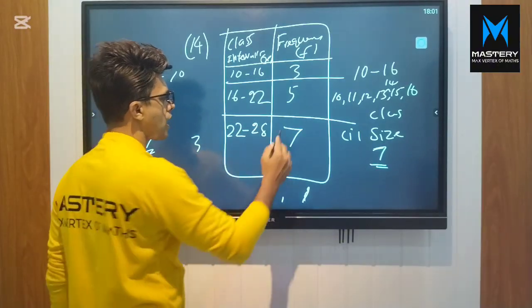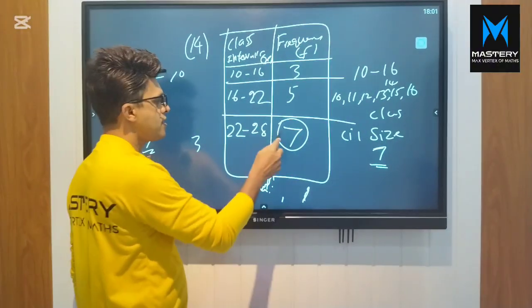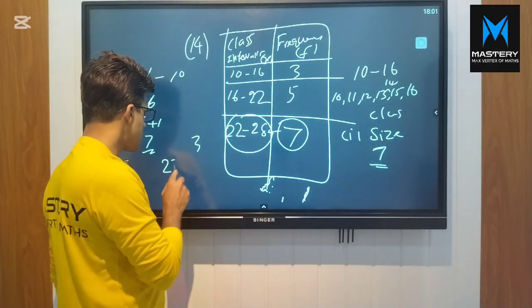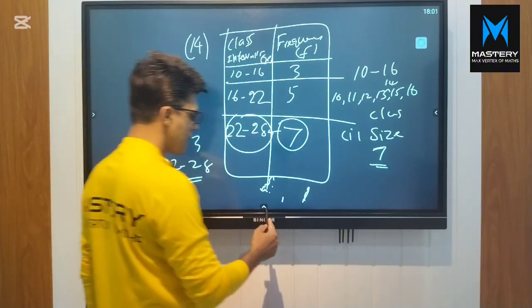Next one, modal class. Modal class means the class with the most number of times written frequency, and the corresponding class. This is the modal class. Modal class is 22 to 28. This is the answer for the second one. Next question is